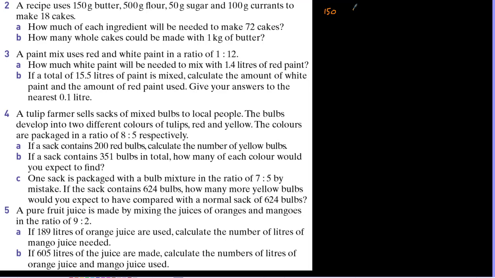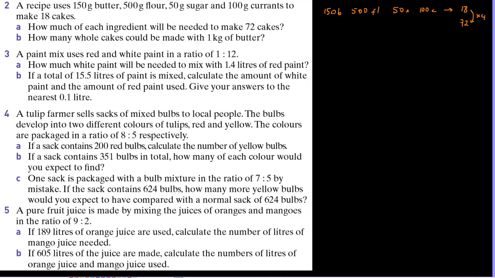150 gram butter, 500 gram flour, 50 gram sugar, and 100 gram currant. And by using these ingredients, we are making 18 cakes. So if you want to make 72 cakes, which is 4 times 18, because 18 times 4 is equal to 72,